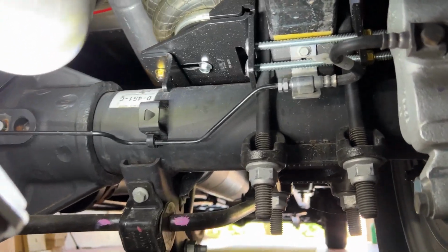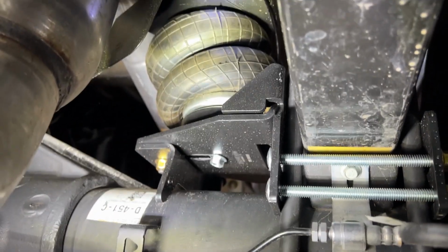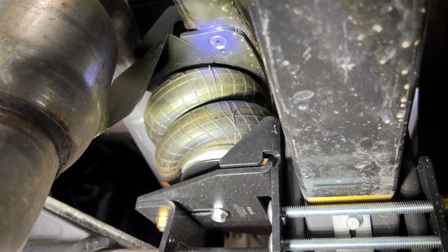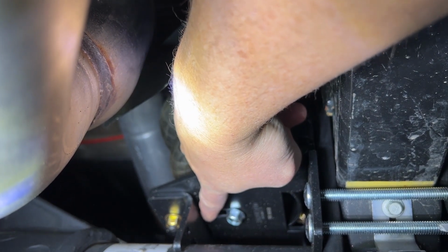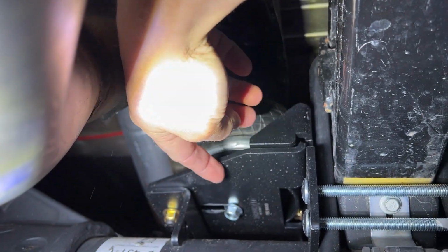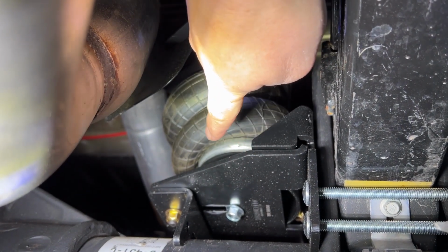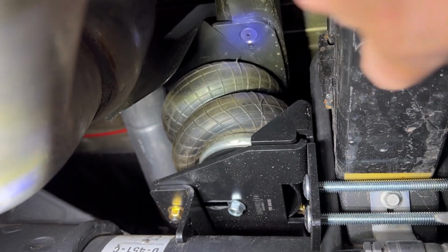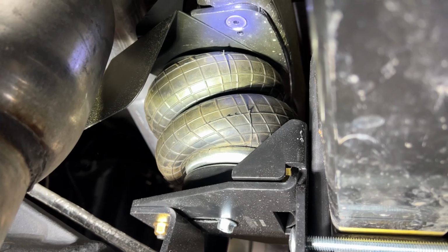Okay, I am underneath the passenger side, and there you can see the airbag actually looks a little bit crooked, and so that's not looking too good right there. It looks to me like, see that bolt right here was originally over here towards this side bracket, and when it was over there, that means the base of the airbag was more in line straight up and down. Now it's at an angle,